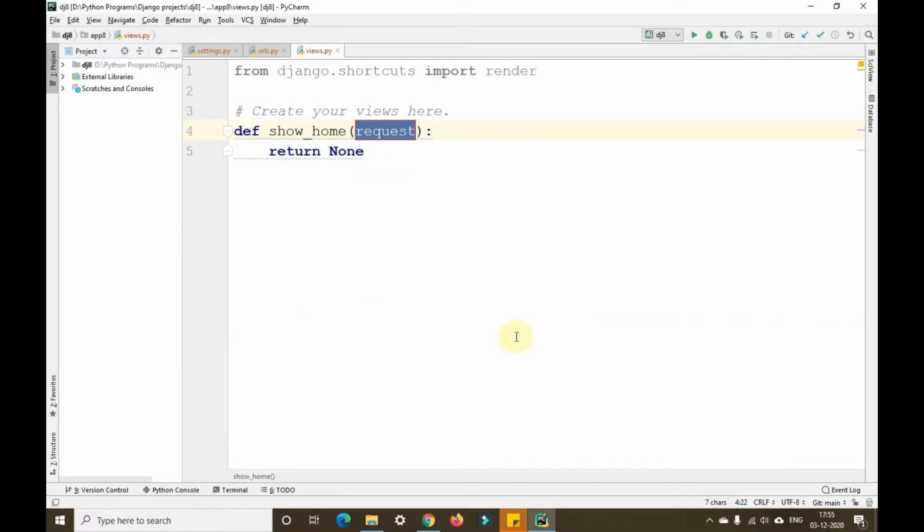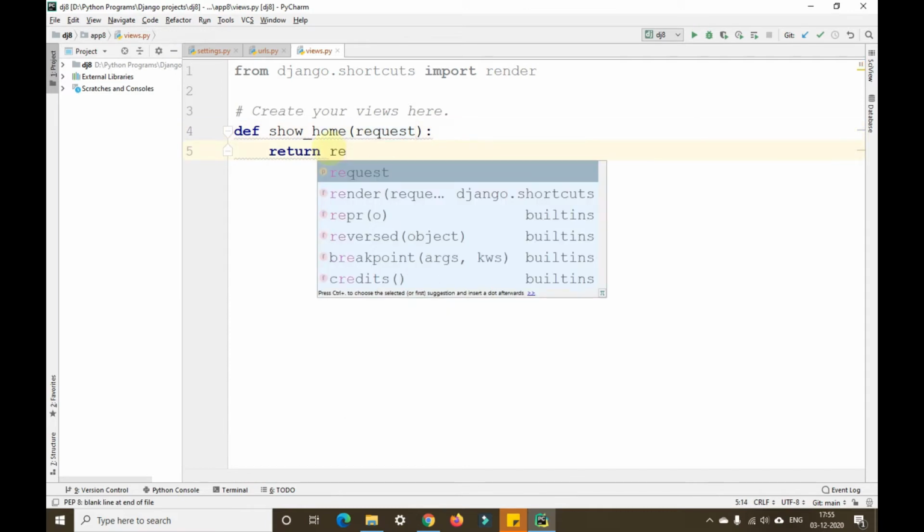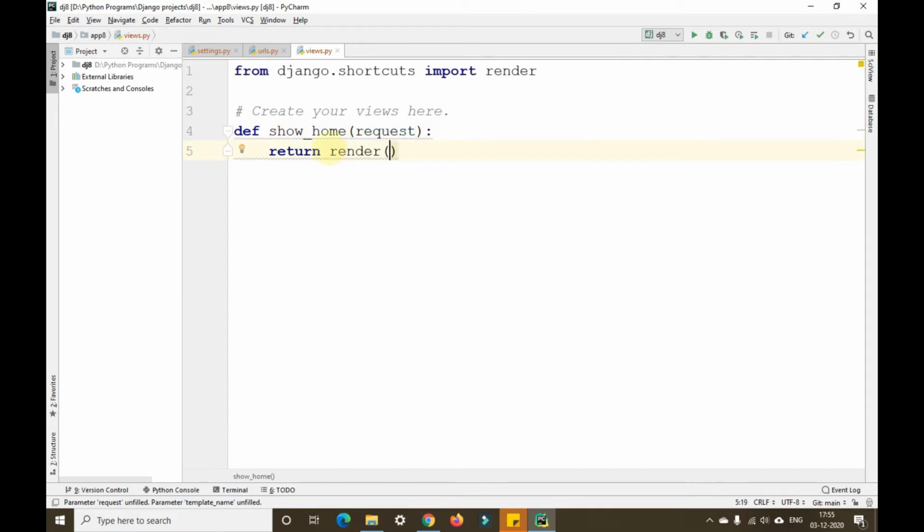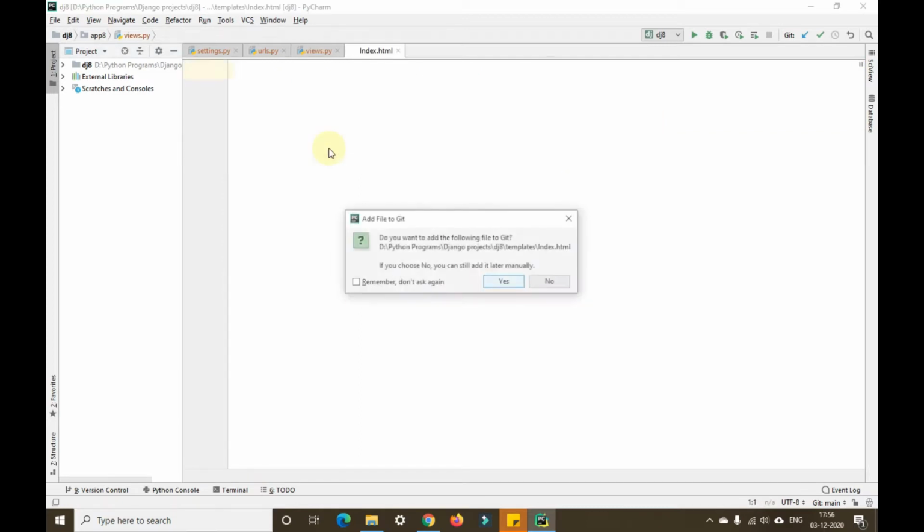So the show home function is ready here. We'll return render request, comma, index.html. Okay, then index.html, alt enter, create template index.html.